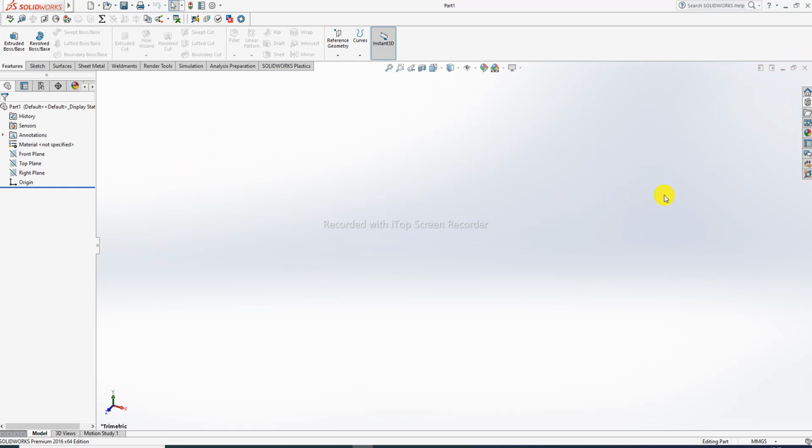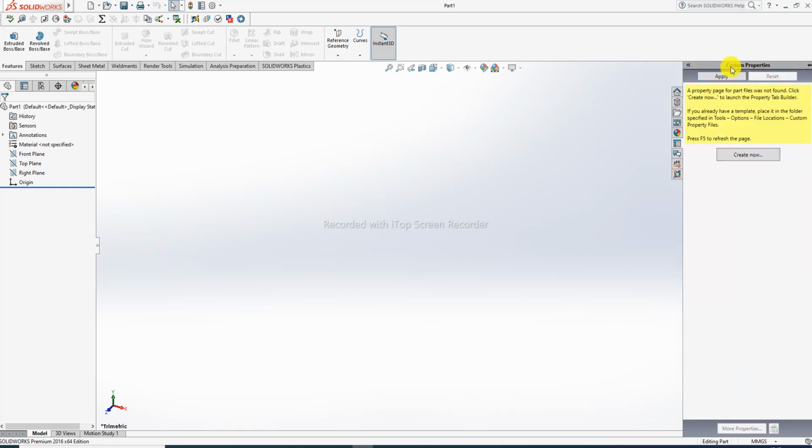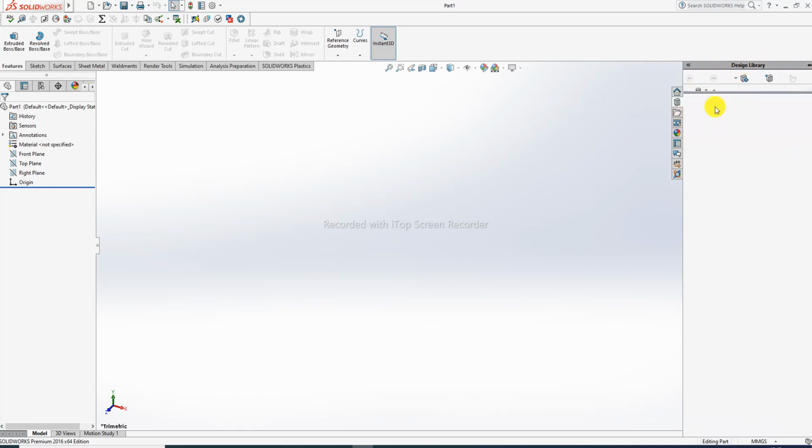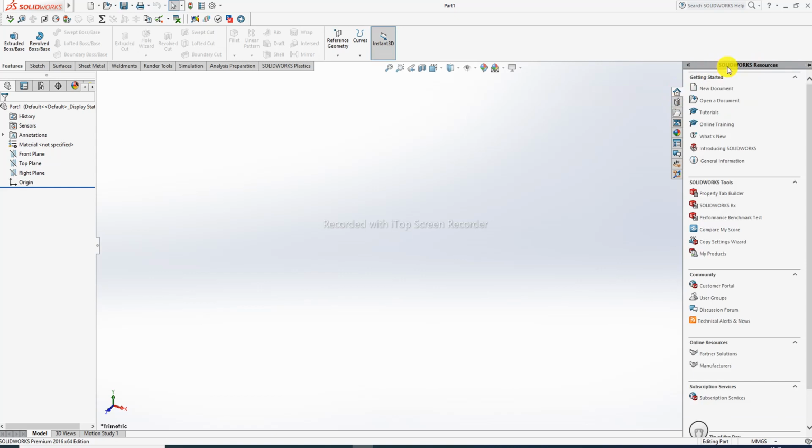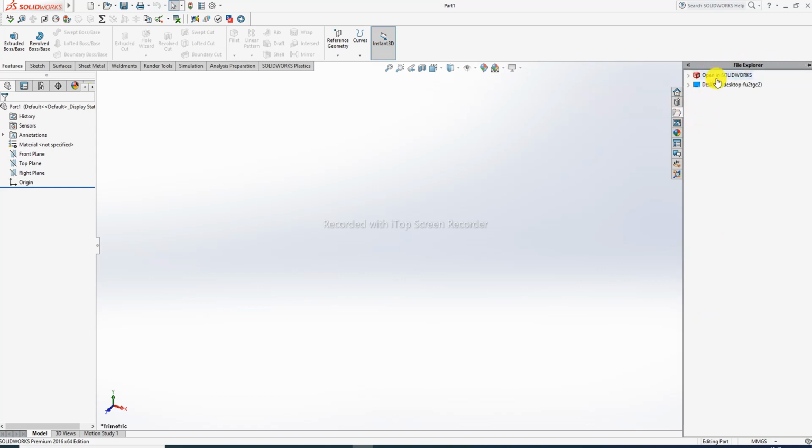And this is a graphic area. The task pane is not shown here, but in the assembly point this is somewhat useful. Okay, this point is clear. This is the task pane, and this is used, and okay, this is the design library, SolidWorks resources, design library, file